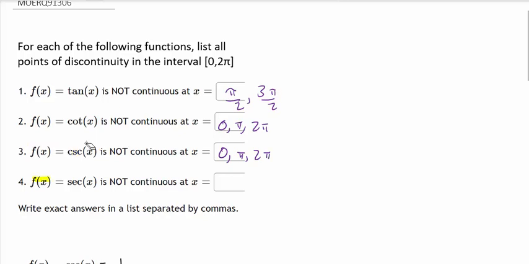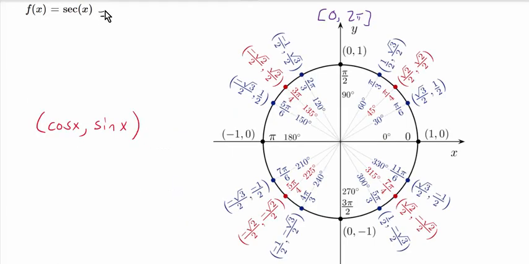So now we're just left with question 4, where they change the function to secant of x. And if you remember the definition of secant of x, it is the reciprocal of cosine of x. So this fraction would be undefined if you were to divide by 0, and your denominator has the function cosine x. So secant of x will be undefined for all the x values for which cosine of x equals 0. And we did that in the first question of the video. The first question, f of x was given to be the tangent of x, and we wrote that as sine